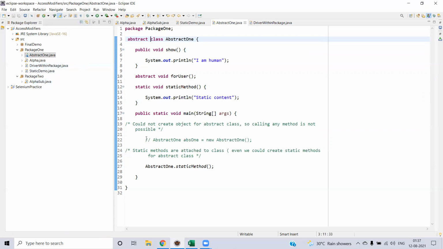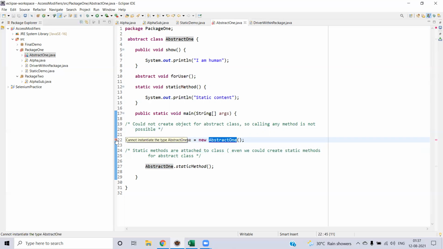Now the point is, we cannot create the object for the abstract class. So calling any method is not possible, right? You cannot create the object for that. If you try to create the object for the abstract class, as we discussed in the previous video, you will get the error: cannot instantiate the abstract one. Fine.